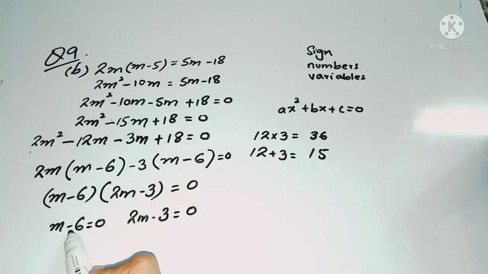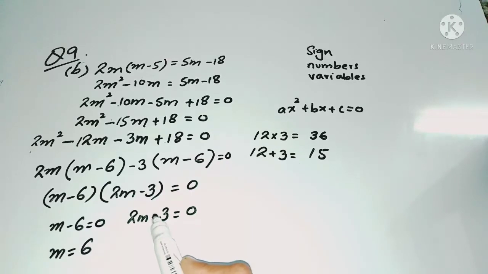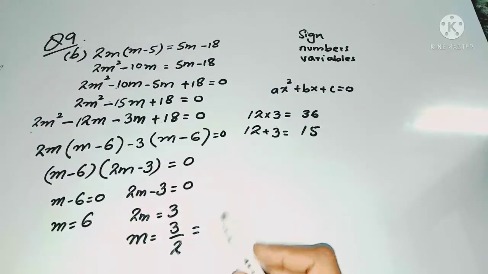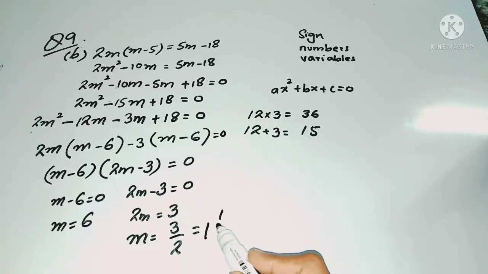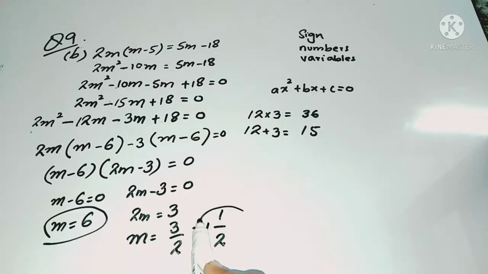Now this 6 is subtracting over here, it will go to that side, it will be added to 0 and it will become plus 6. And this 3 is subtracting over here, it will go to that side, it will be added to 0, it will become 3. We just need to find out the value of m. So 2 is multiplying with m, we'll move this 2 to that side and it will be divided with 3 and it will become 3 by 2. And when you divide it, you have to write down the answer as a mixed number. So when you divide it, what you will get? 2 ones are 2 and 1 will be the remainder and the divisor is 2. Okay. So 1 whole 1 over 2. So your answer is 1 whole 1 over 2 and 6. This is your answer and this is your answer.